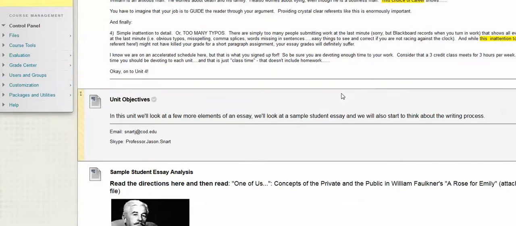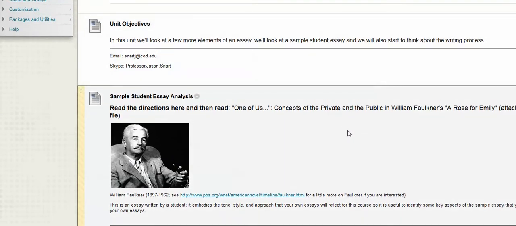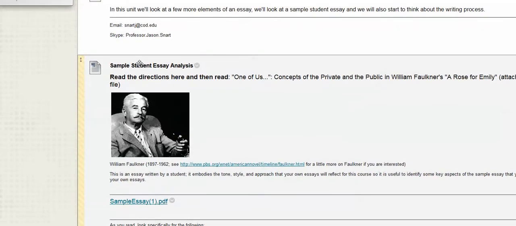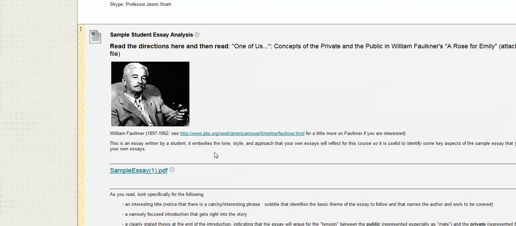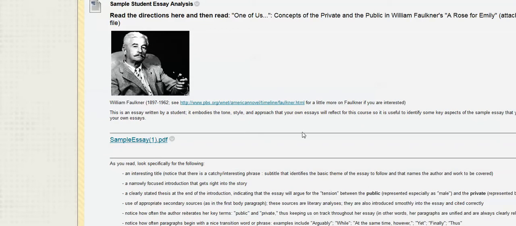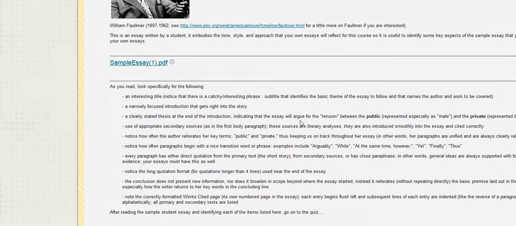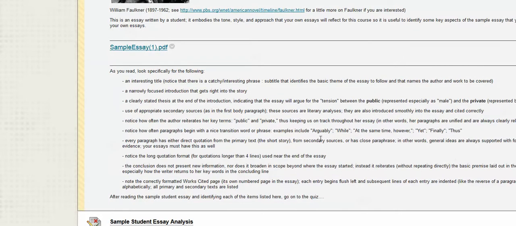Okay, so if we look then down to Unit 4, many people have already gotten into this. We look through a sample student essay, actually about a story that we don't necessarily read, but that's good because it gets you away from thinking about the story per se and really focused on the essay. This is not a perfect essay by any means, but it's a good example of the kind of essay that we write. It's the study of a literary work, in this case Faulkner's "A Rose for Emily." So there's the essay provided as a PDF. There's a little bit about Faulkner if you're interested. And then a list of things specifically to look for